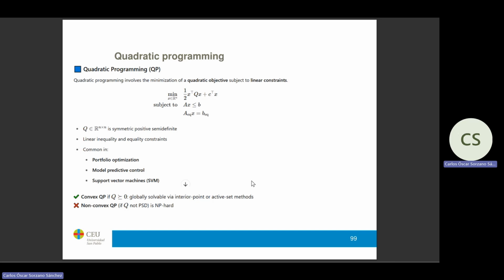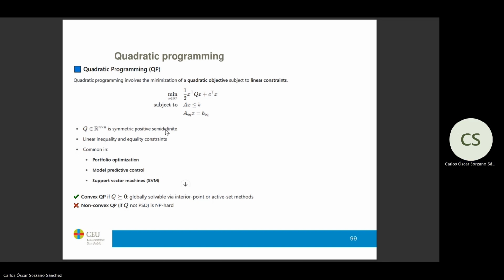These kinds of problems are called quadratic programming. Here you recognize a quadratic function. You have the linear term, which is the term of order 1, and this is the term of order 2. Every time you have x transpose some matrix x, that is a quadratic term. And then the usual constraints that are inequalities and equalities. What is special here to be called quadratic programming is that the matrix has to be symmetric, positive, and